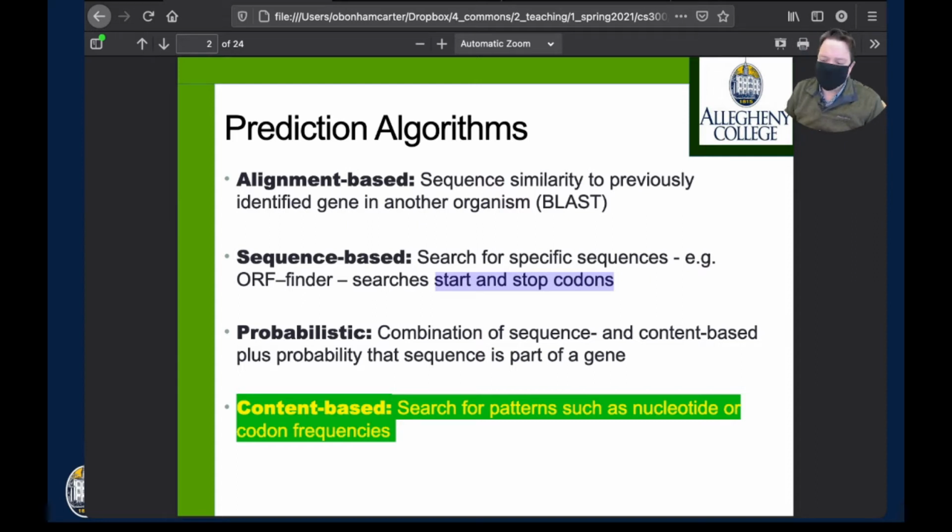Now, typically this works. Typically when you find a start codon and then you find a stop codon later on, that means that whatever happens between is a gene. But it doesn't always mean that though, because remember these codons, stop and start codons, they're really just 3 bases, right? The start is 3 bases. That's that methionine. And then you have a stop, which is another 3 bases of DNA that you're looking at, or RNA if you're looking into RNA. But it's 3 bases nonetheless. And so you're saying that what happens between these 3 bases and those 3 bases is the gene. And while that's a good strategy, 3 bases, I mean, in evolutionary time, you could easily have some kind